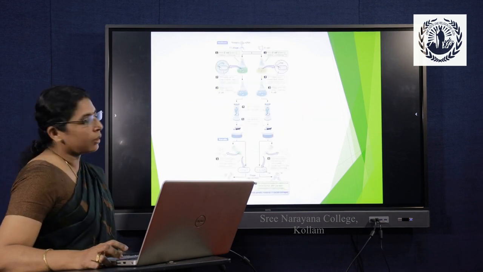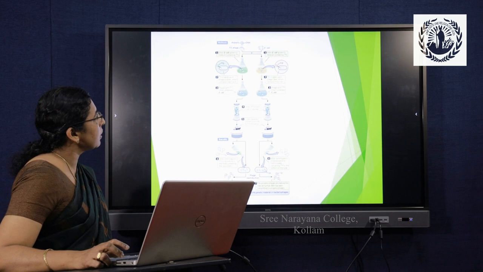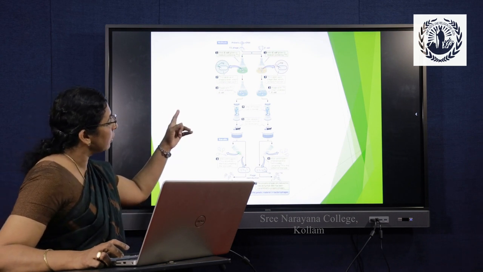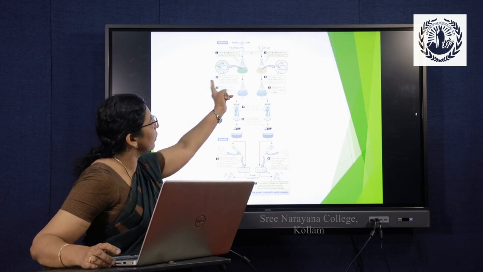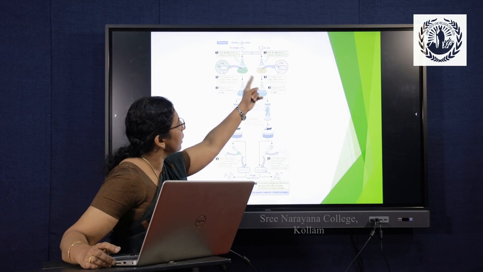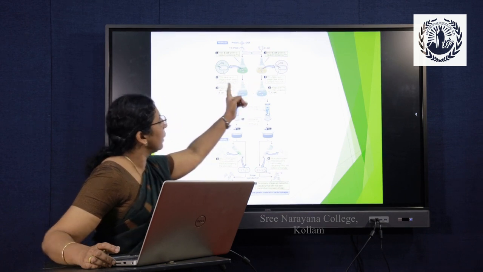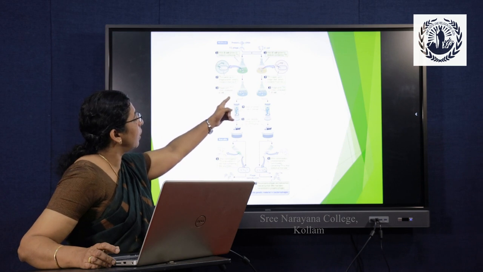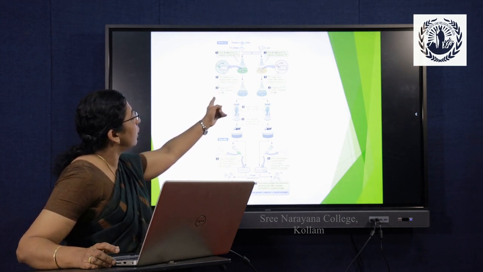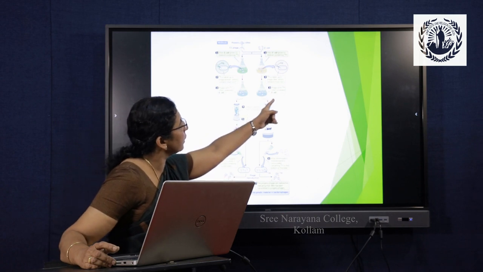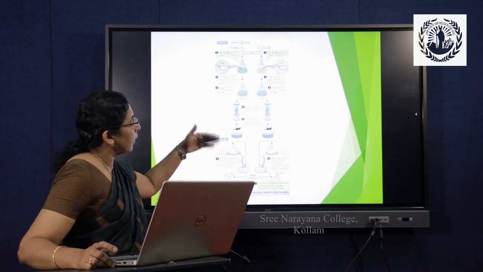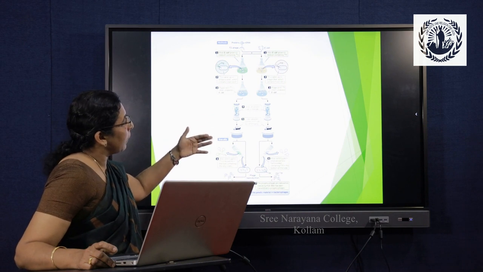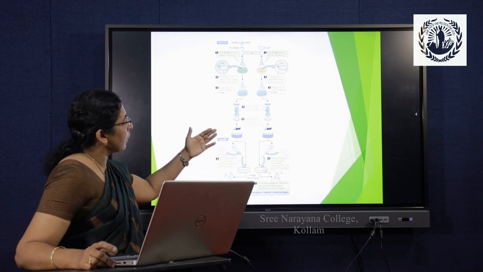This is a slide showing the experiments conducted by Hershey and Chase. Here you can see the bacterial cells cultured in medium containing S35, and here the bacterial cells cultured in medium containing P32. Here the unlabeled bacteria are infected with the S35 labeled phages, and here they are infected with P32 labeled phages. After allowing time for infection, these bacterial cultures were placed in a blender, and after that